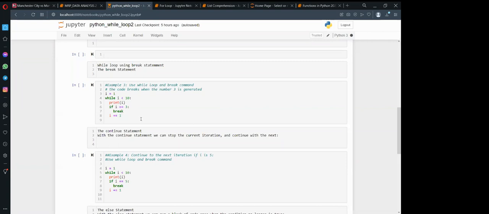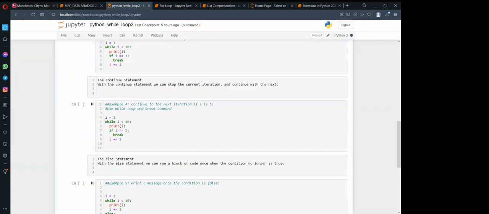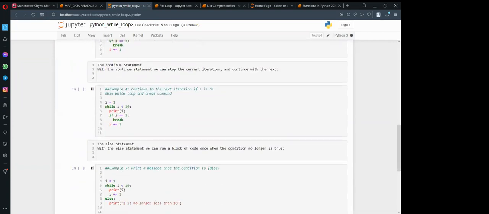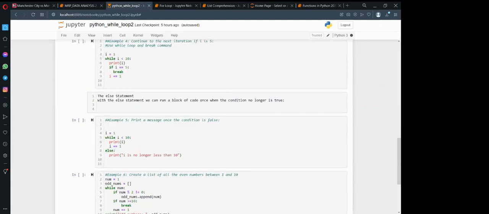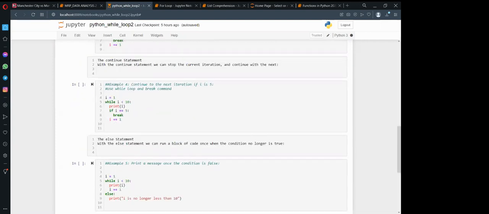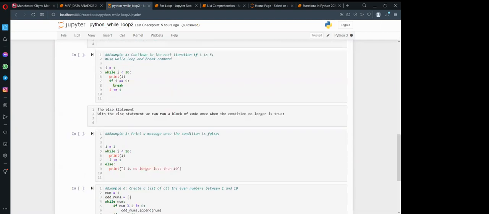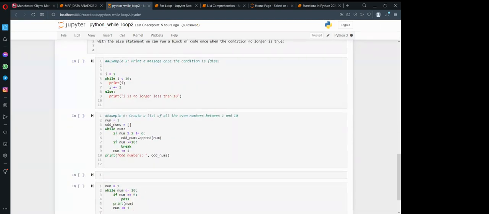Another loop control, you can control the loop using the continue statement. Yeah, that one I repeated is still break. So you can also use continue. I think I had it down here. So this is also else. You can also print a message once the condition is false. So look at how else has been introduced there. You type else and then you put a colon. Then this message will be printed as soon as the else is executed.